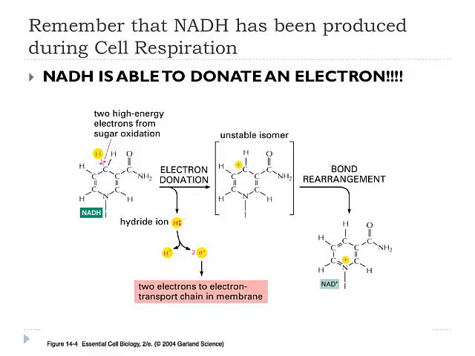And it's because it transitions to an unstable state, with the release of that proton and these two high energy electrons, that then when it's converted to this more stable NAD state, it drives the release. So the release of the electrons